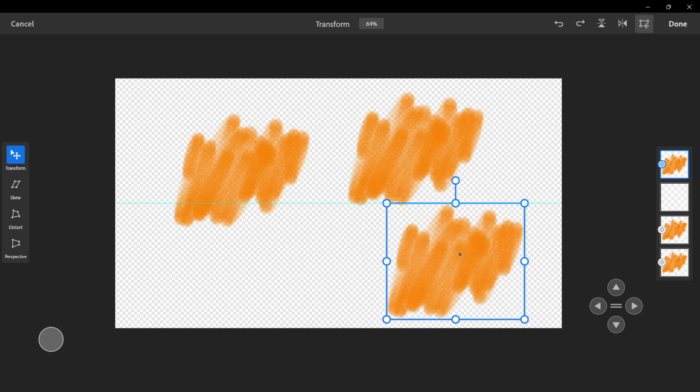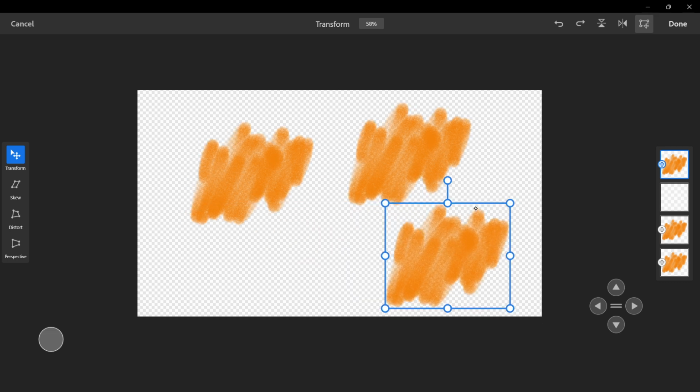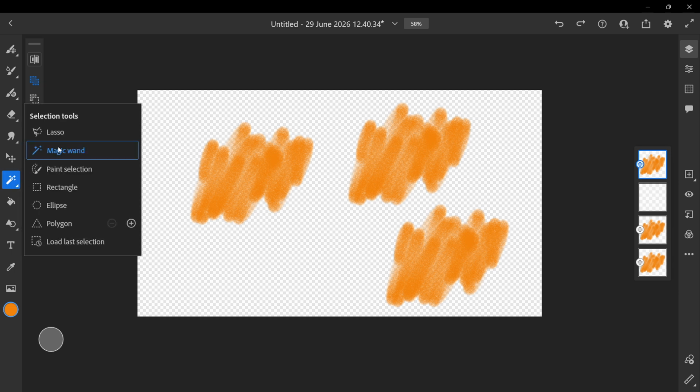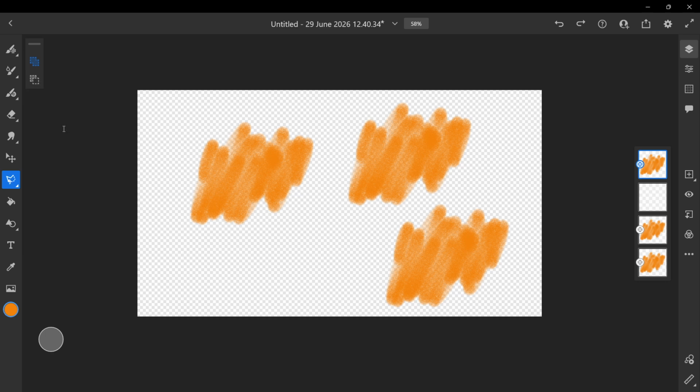But if you just want to copy and paste a specific portion of your creation, you can go and select this selection tool on the left. Now by default I have selected my magic wand, but you could use lasso, rectangle, ellipse, whatever. I'm going to use lasso right now. You want to draw over the selection you want to copy. I'm going to do it like this, for example, and then you want to press Ctrl and C on your keyboard, and as you can see, it says selection copied, and you can then just go and click deselect and